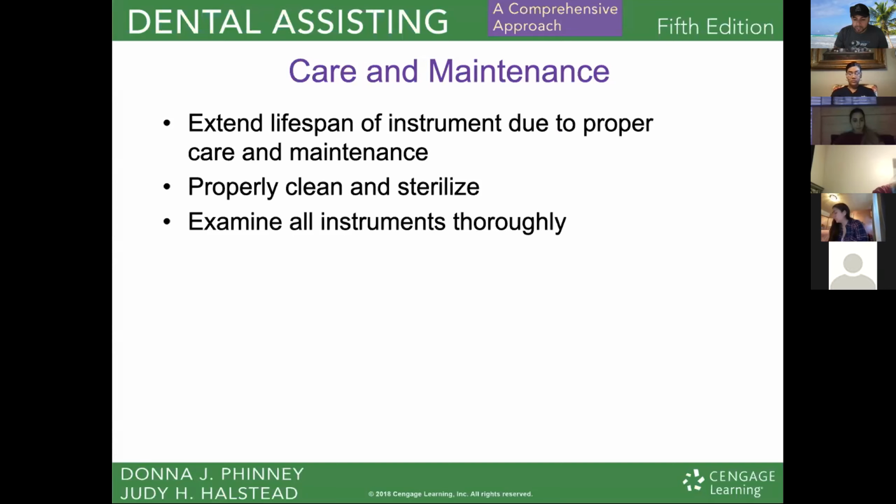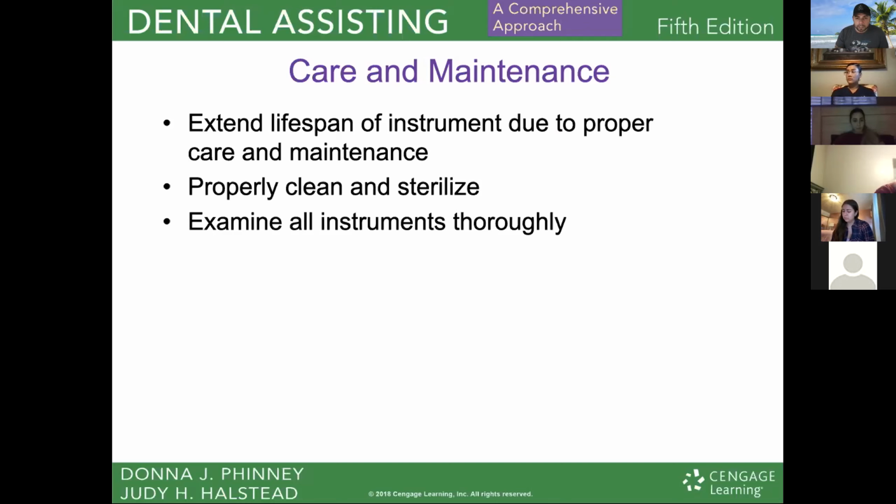So the instrument should be cleaned in an ultrasonic bath or similar solution. Hinged instruments should be cleaned in the open position and should be lubricated as appropriate. So these are things like pliers, scissors, anything with a hinge on it. After cleaning for the appropriate amount of time, the instrument should be rinsed and dried. And then once they're dried, they should be sterilized in an autoclave and then stored once they're dried from the autoclave. All instruments should be carefully inspected before use and properly